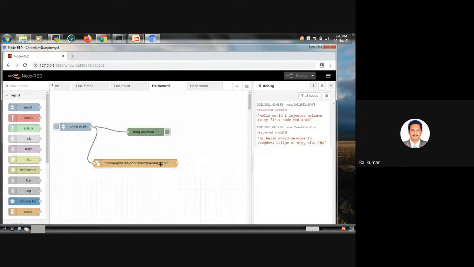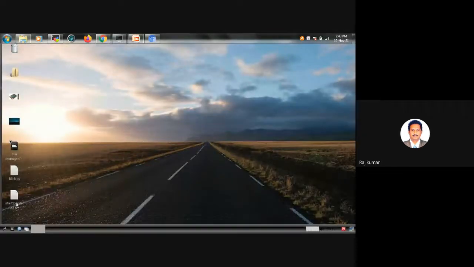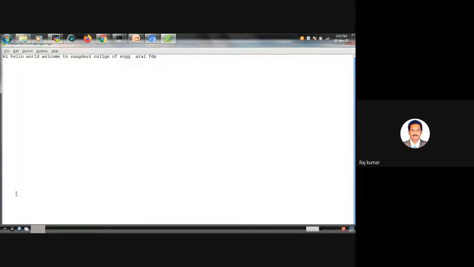Next, it has to create a file called Atal FTP Node-RED. Here you can see, previously it is not there. The same content with the same file name has been created. Why I'm demonstrating this example is that it plays a very important role in Node-RED, as well as in Raspberry Pi.